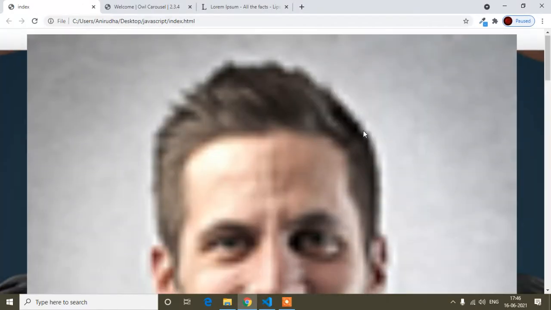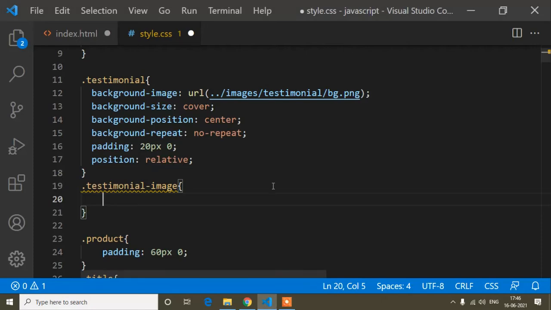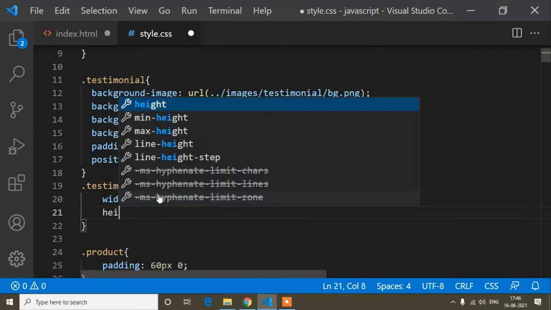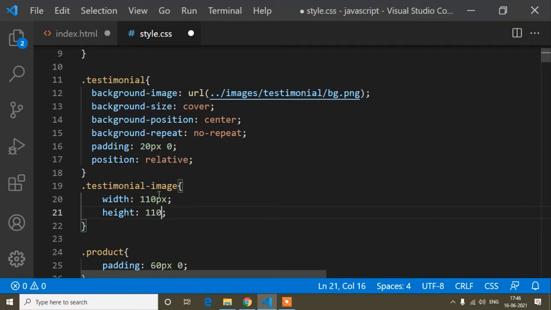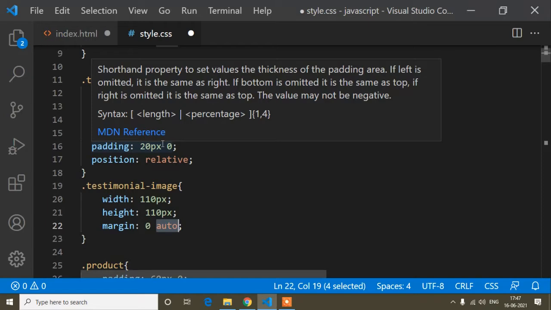because if I show, you can see the image width and height is too big. Okay, and the background image is added, you can see here, but the image width and height is too big. So first of all I will set the width and height of the parent of this image tag. I will write the width is 110 pixel and the height is the same, and margin is 0 auto. That means top and bottom will be 0 and left and right will be auto, means it will be similar, and when it is similar, it will come from the middle, because left and right have to be kept similar. So that means it will be in the middle.